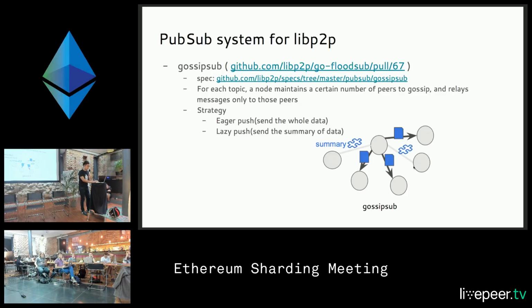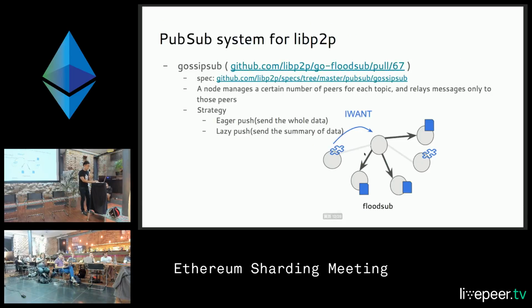So in this graph, you can see the black arrow, and this is the eager push. So the node just pushes the data entirely. And for these two other nodes, the node just pushes the summary of the data. So it is the lazy push.